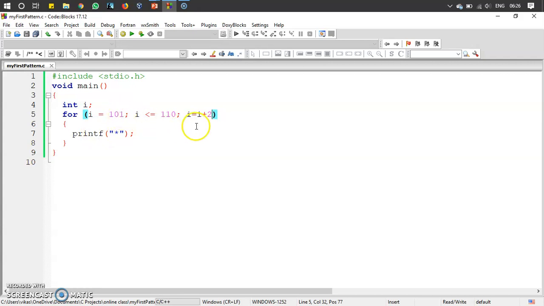I is 101, and it checks whether 101 is less than 110. Yes, it is satisfied. It prints a star, and then it becomes I = I + 2. That means 101 plus 2 becomes 103. So as you can see in the previous program, we have seen that it gets incremented by 1, but here it is getting incremented by 2. That means 101 became 103,